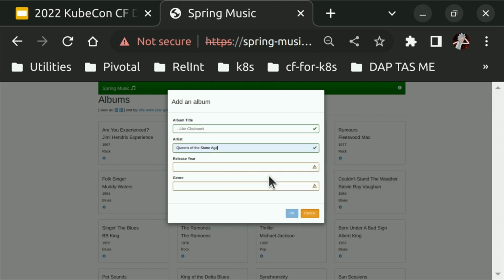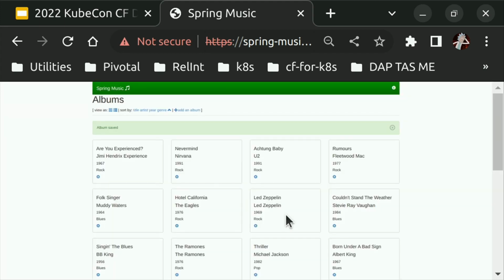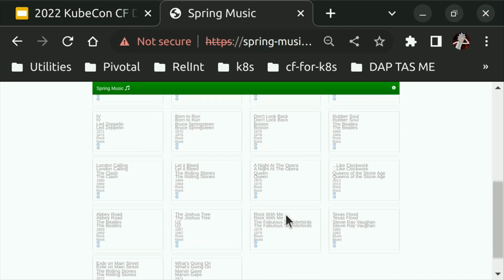I love that it's the name of the app. Why this album? I don't know. I asked for an album from a teammate, and they said, do this one. So it should be somewhere in here.